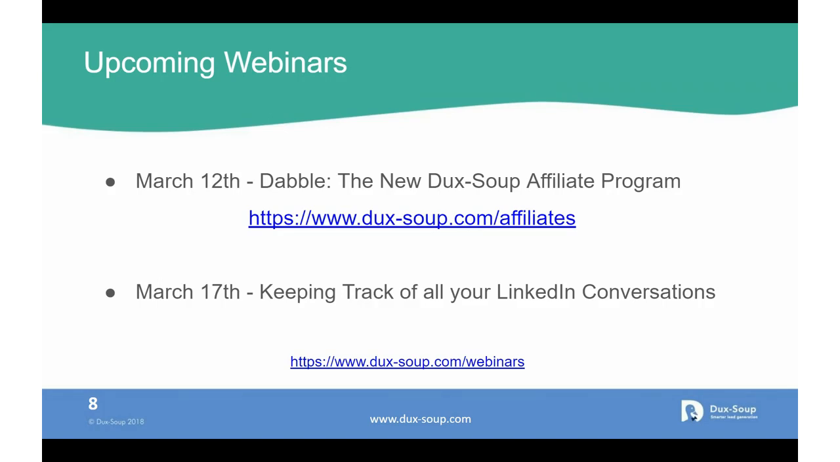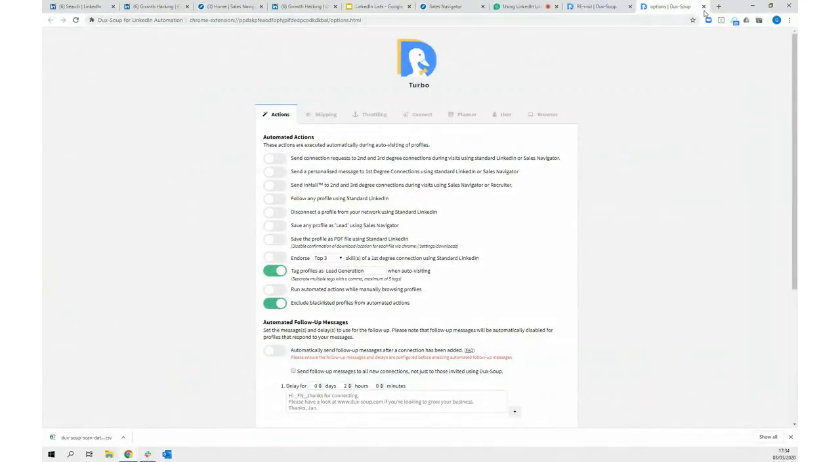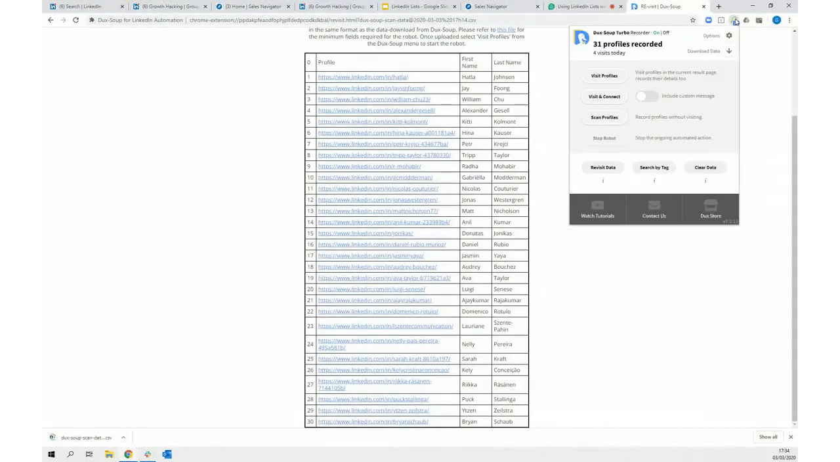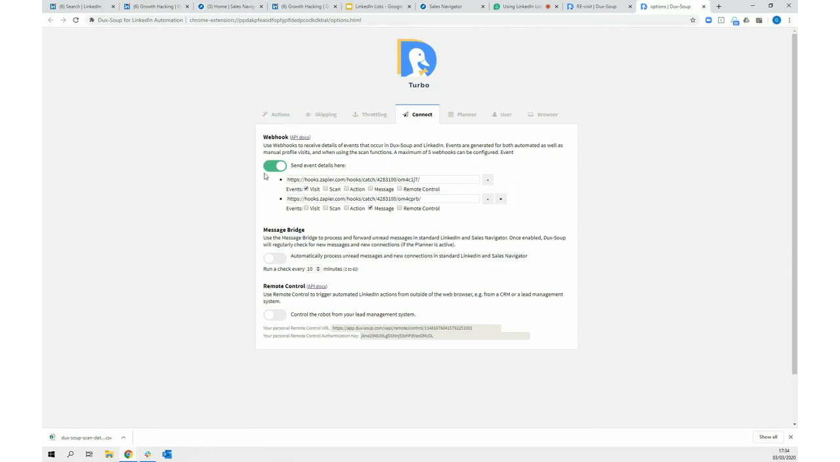There was a basic tracking sheet presentation done, I believe, back in October or November last year by Will, but from a very high level. If we go into the DuckSoup options, I'll show you how to get there. So we go into here, into DuckSoup, and we go to options. So what we'll be looking at is under DuckSoup Turbo and under the connection, we'll be building a webhook to capture message events and then transfer conversation data from both our standard LinkedIn mailbox and our Sales Navigator mailbox,